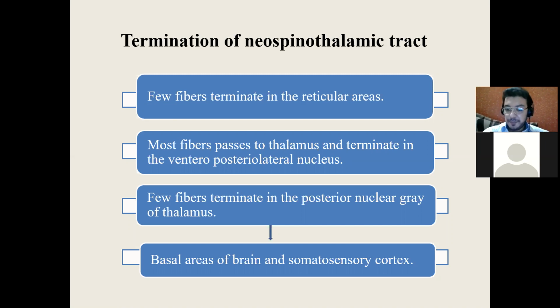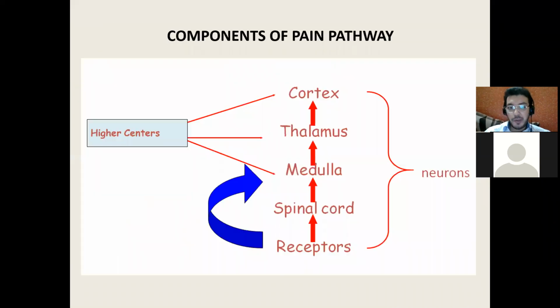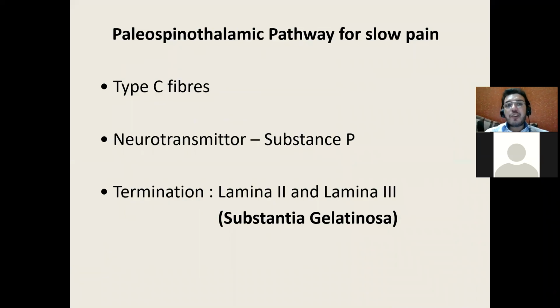Is it very clear? I am talking about this. Imagine the blue, the red, and the black. This is your neospinothalamic tract. It is carried by A delta fibers. It is crisscrossing at the spinal cord level from the dorsal horns, goes all along the brainstem towards the thalamus, and the black one is the third order neurons, which is going towards the somatosensory cortex. Is it very, very clear? Okay. Now, then you have the paleospinothalamic side.